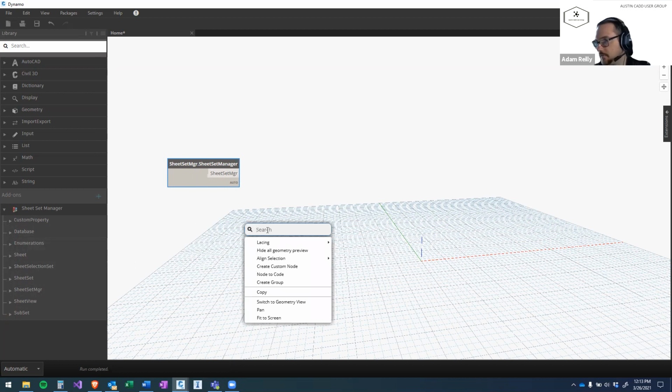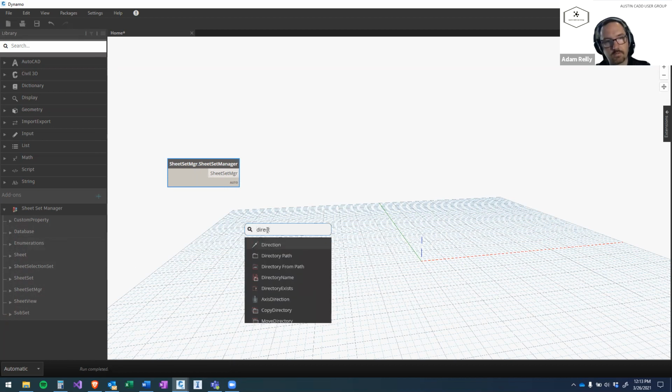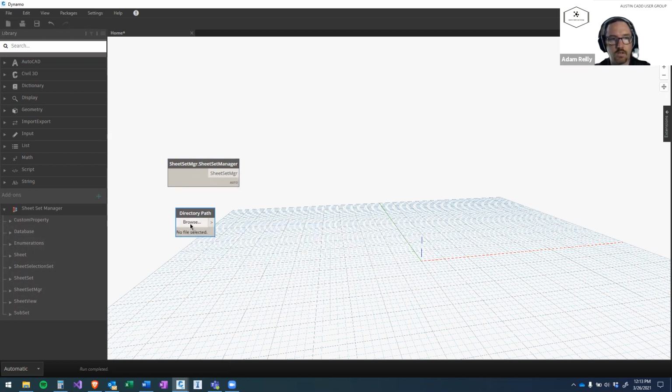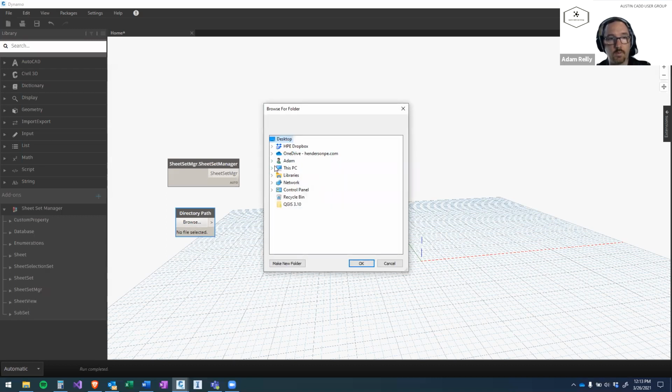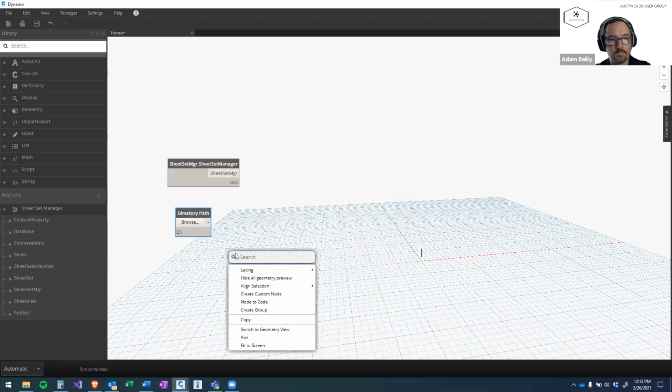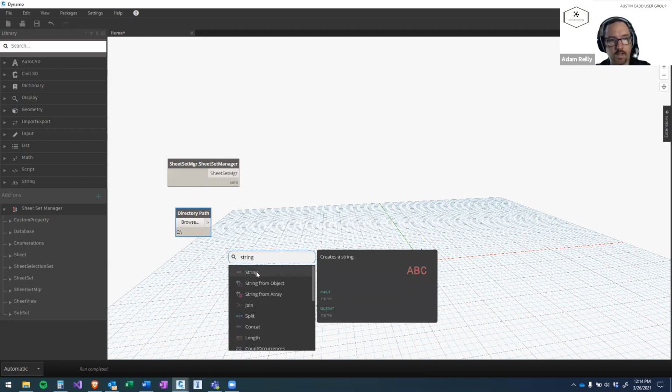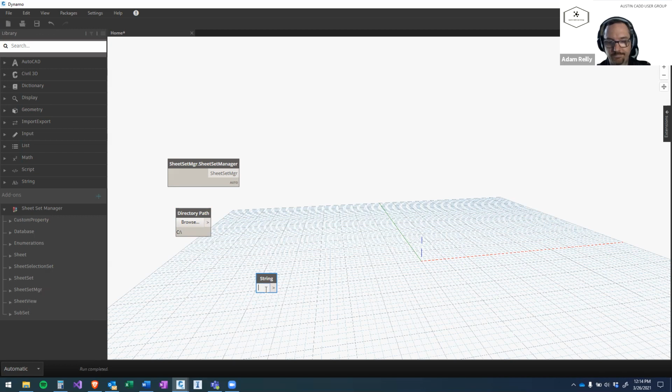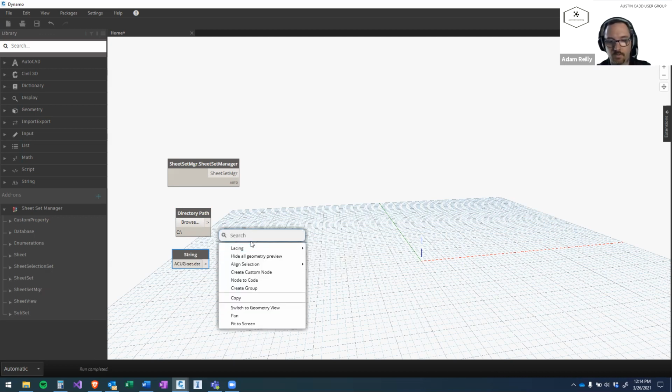So let's say directory, and pick somewhere that we want to store it at. Let's just put it on my C drive. And give it a name. So we're going to call it PST, because it is the full file name. And then we want to combine that into